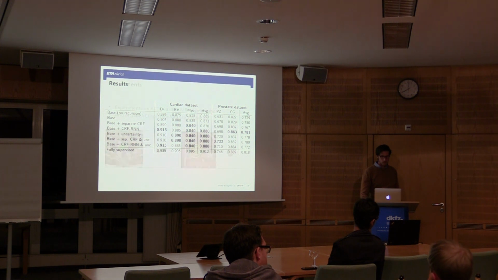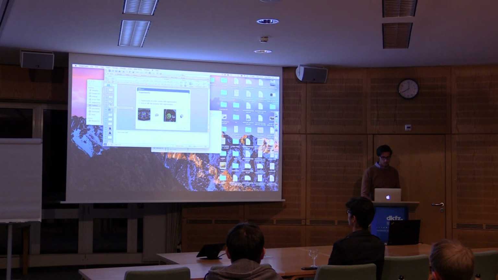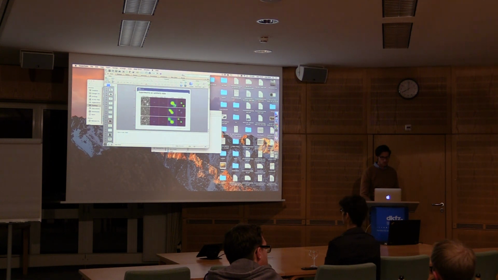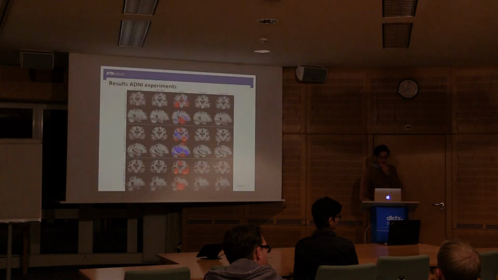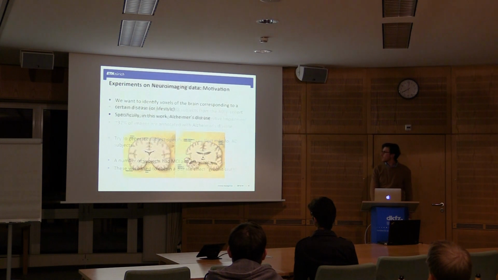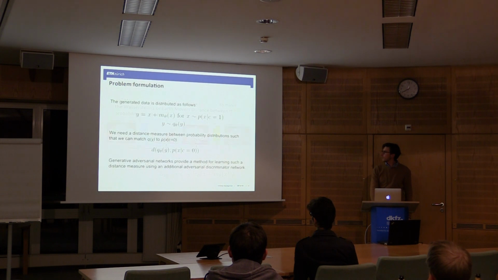Your first project, where you generatively learn the difference map between diseased and healthy brains. I was wondering how diverse the samples of your GAN are, because I think typically people have found that the conditional GANs often collapse to a deterministic mapping, basically. And if they're diverse in this case, do you average over the samples to produce the maps that you showed? So one thing to note here is that our mask generator function,